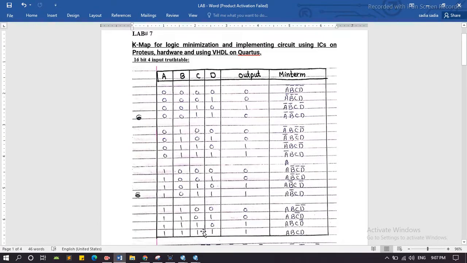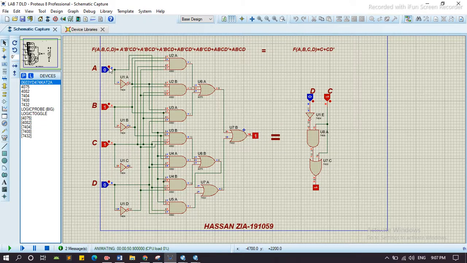We write it here, the last one, all the inputs are 1 1, and then the output, when all the inputs are 1 1, in CD are both 1 1, then the output is equal to 1. If we make this C 0, the output will change to 0.